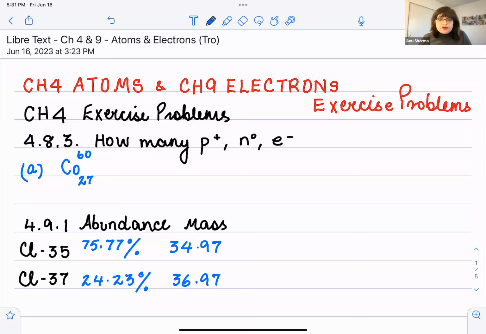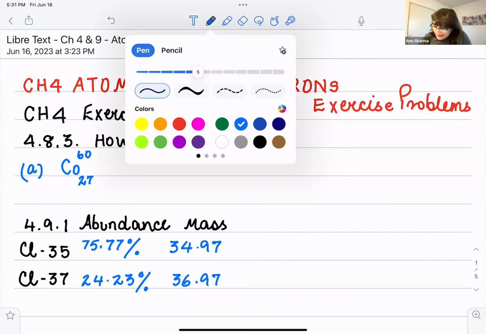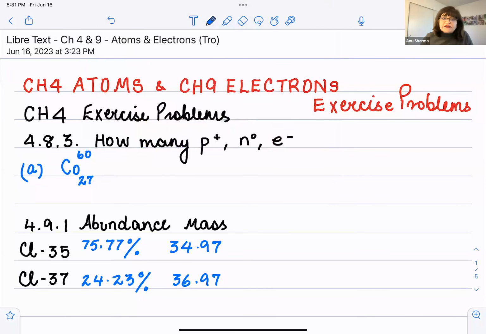4.8.3, how many protons, neutrons, and electrons are present in a given example? Now, some of the exercise problems have several subparts to it. So I'm just going to do only one or two parts, depending upon which ones are a little bit more difficult. And the second thing is that you should be doing the practice also. I'm just showing you some methods for how to do them. All right. So here we have,